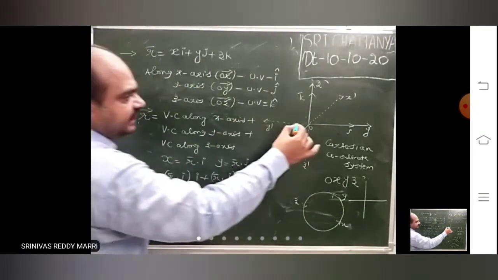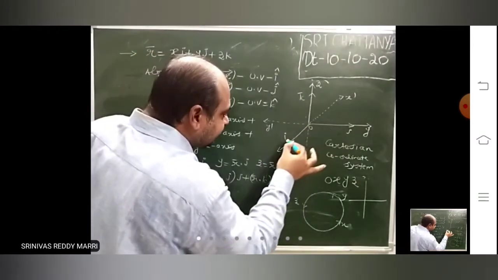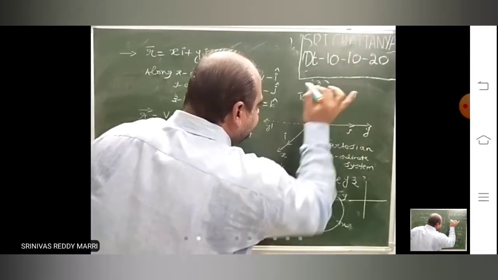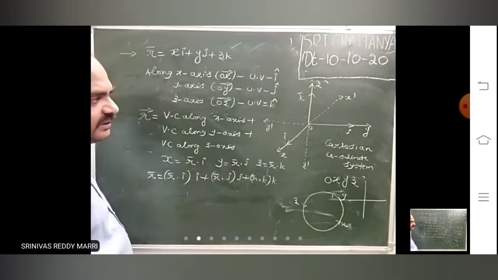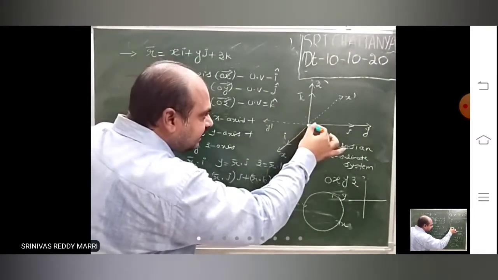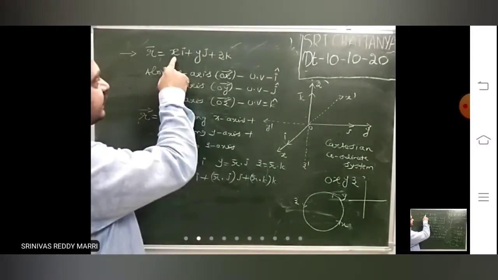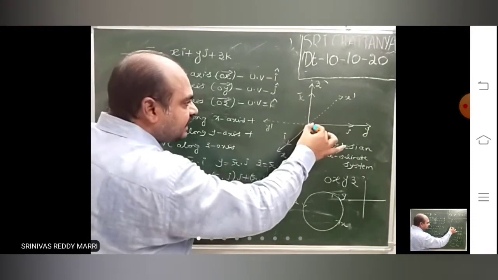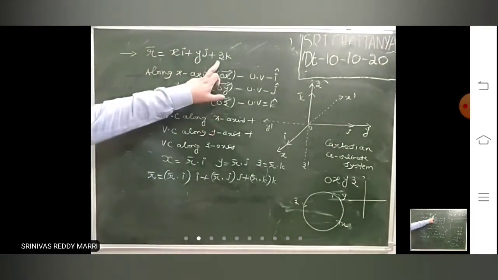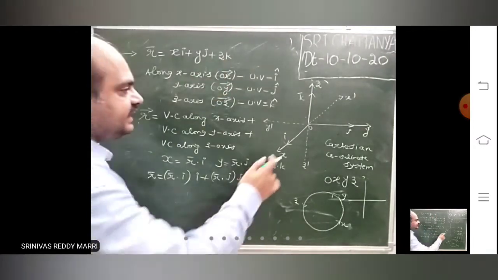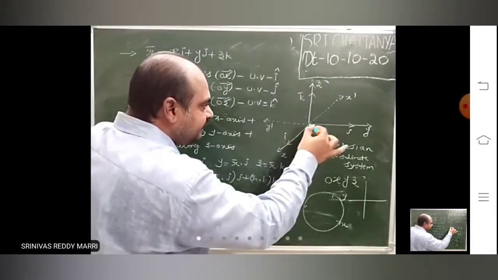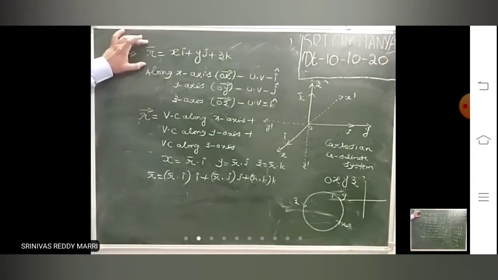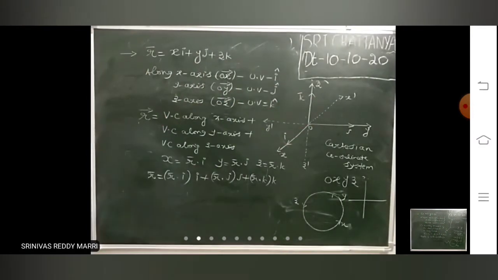For writing any vector, you need unit vectors along the positive x-axis, the positive y-axis, and the positive z-axis. If you know the unit vectors, r bar dot the unit vector along ox is nothing but x, r bar dot the unit vector along oy is nothing but y, and r bar dot the unit vector along oz is nothing but z. You get x, y, z, and then x into i unit vector plus y into j unit vector plus z into k unit vector. That will give you the resultant vector. Now this is the standard form of the system.